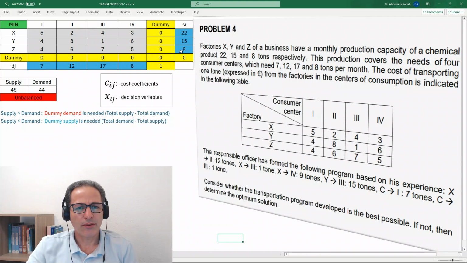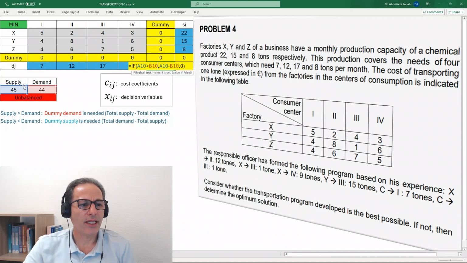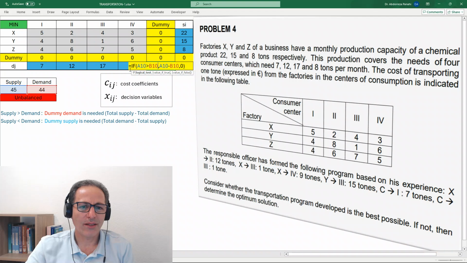But I want to do some changes and show what I wrote in these cells here and there. Here I said that if A10 is greater than B10. In A10 I saved the total supply and in B10 the total demand. If the supply is greater than the demand, then we need a dummy